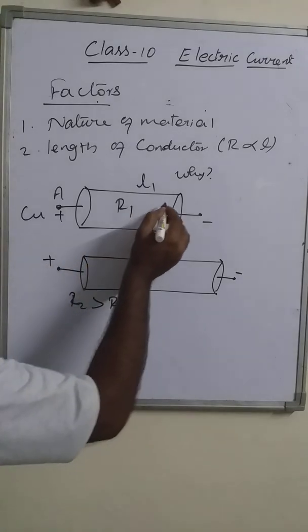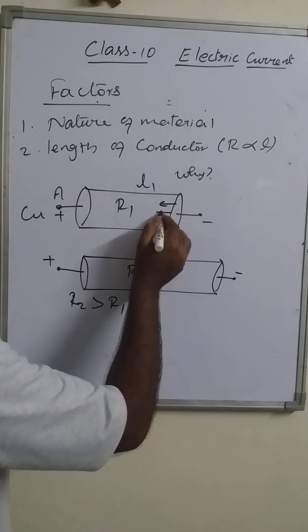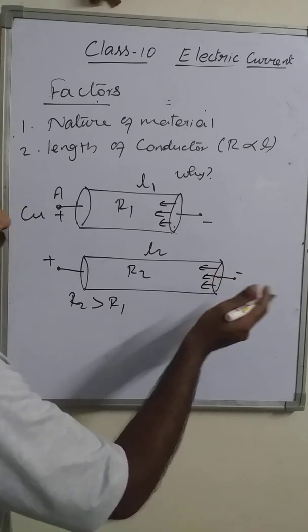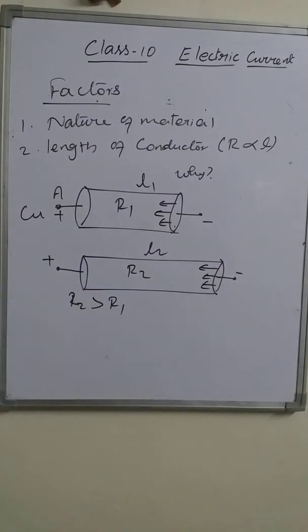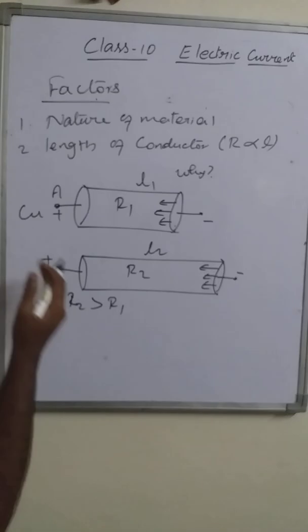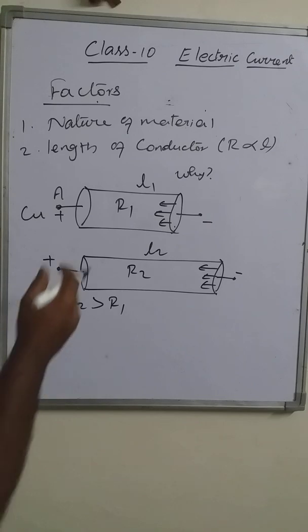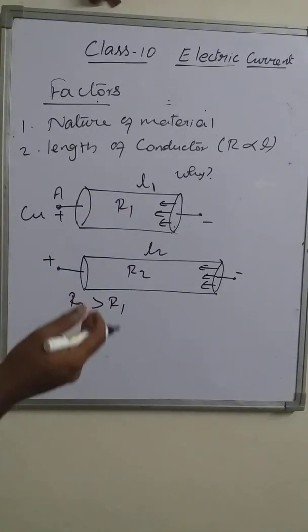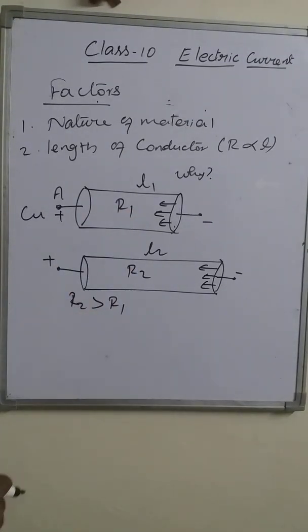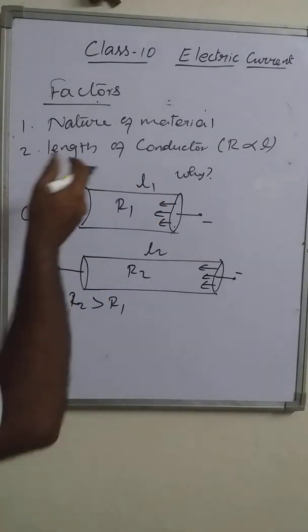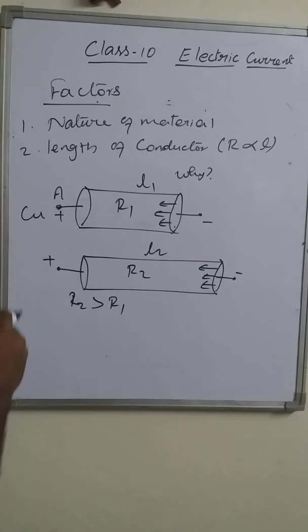Due to this, current flows through the conductor. In this also the current starts to flow. That means the electrons start to flow from the negative terminal to the positive terminal. While they are flowing, as I said earlier, the electrons collide with the positive ions. In that collision, they lose energy, and we can say that an opposition appears. That opposition is known as the resistance.